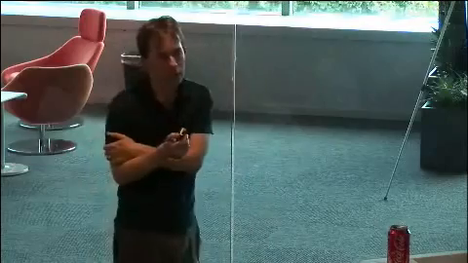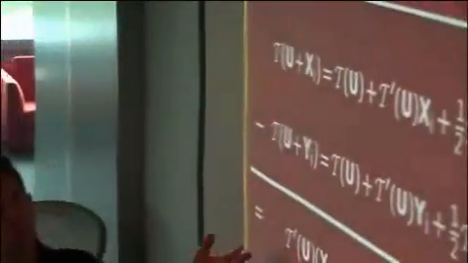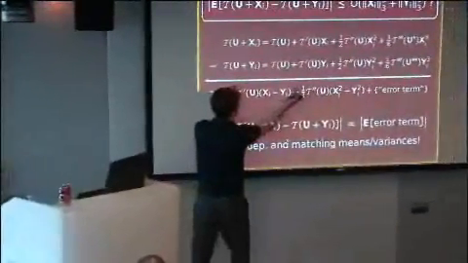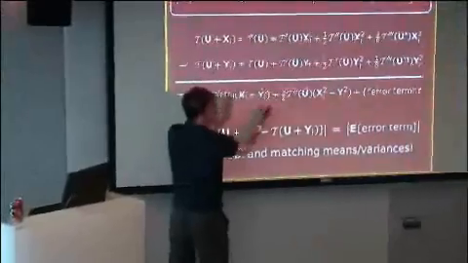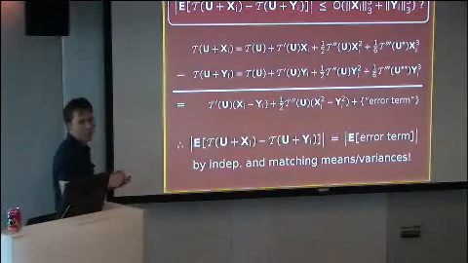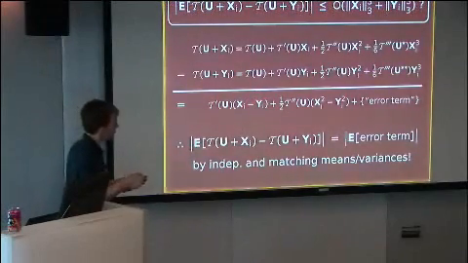What happens next? You get this thing for each choice of u, xi, and yi, and then you take the expectation of it. So what happens? This is the magical part. When you take the expectation of this, you can do it term by term by linearity of expectation. So first we'll do the expectation of this. Well, this t prime u is very mysterious because u is complicated and t prime we really know nothing about. But the one thing we do know, it's said here, is that u is independent of xi and yi. So the expected value of this is the same as the expected value of this times the expected value of this. And that's great because expected value of this, who knows, but expected value of xi and yi are both 0. So this cancels and this is 0. So this all goes away.